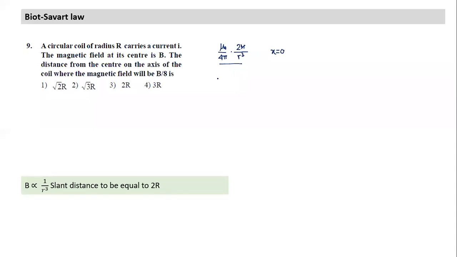So what was r cube here? It was something like this, mu naught by 4 pi, r being the inclined distance. So what is r equal to? It can be written as the square root of, radius of the loop squared plus the distance from the center squared, raised to the power 3 by 2. What happens when x is equal to 0? Does it come to the same formula? Yes, of course it comes to the same formula. So it is valid even at the center, it has to be. It is valid at all distances. When we write this formula, it is valid at all distances. Only when we write it as x cube, it is valid for large distance.